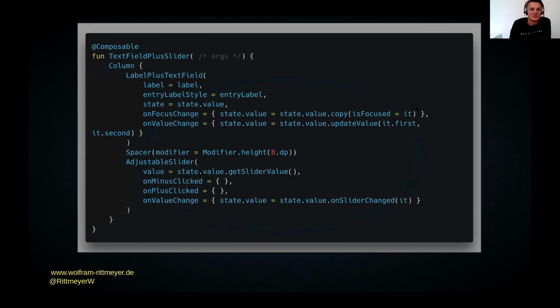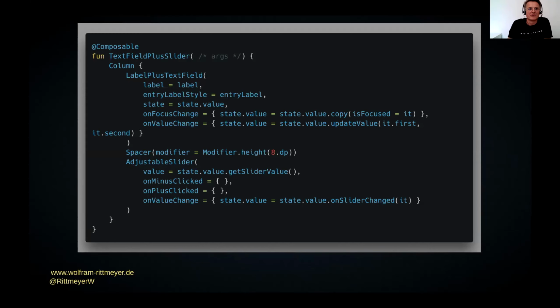I have this component, composable. This annotation composable actually is needed to make this function a UI component. I named it pretty boringly, text field plus slider. And then again, I use a layout. Column is basically a linear layout with the orientation vertical.